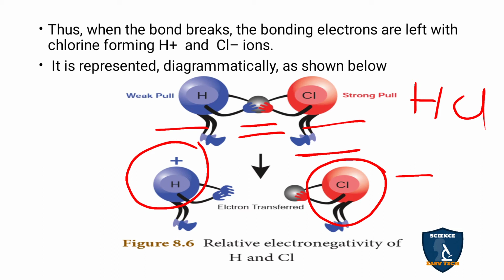So now you understood, no? Due to electronegativity, the two atoms are sharing the electrons with the help of covalent bonding. The atom with higher electronegativity gets the more number of electrons, and the one with weaker electronegativity loses the electron. Due to this, the weaker pull gets the positive charge, that is hydrogen, and the stronger pull, chlorine, gets the negative charge, that is gain of electrons and loss of electrons.